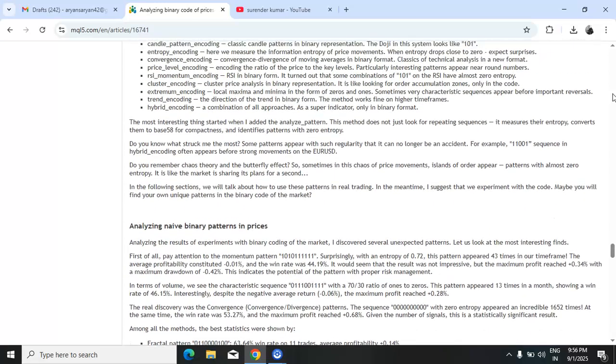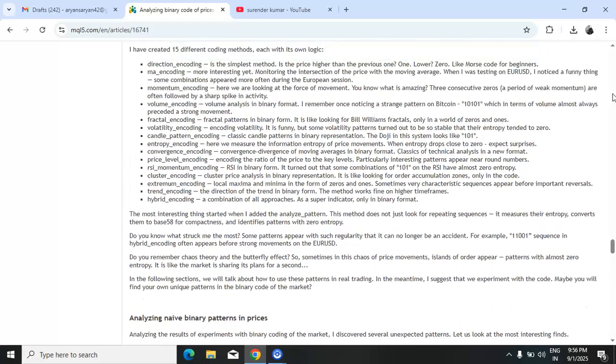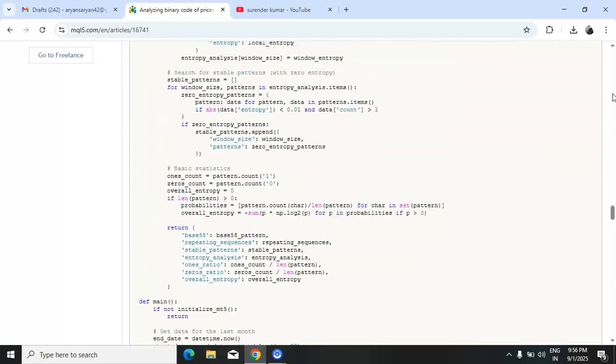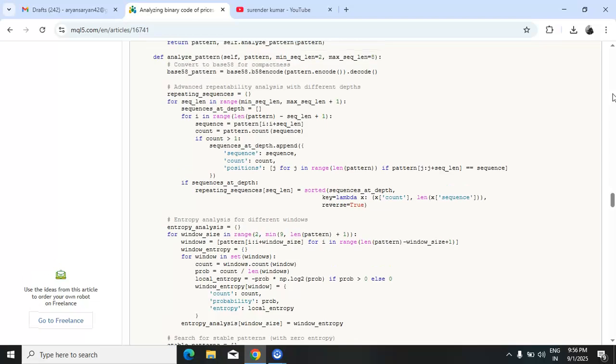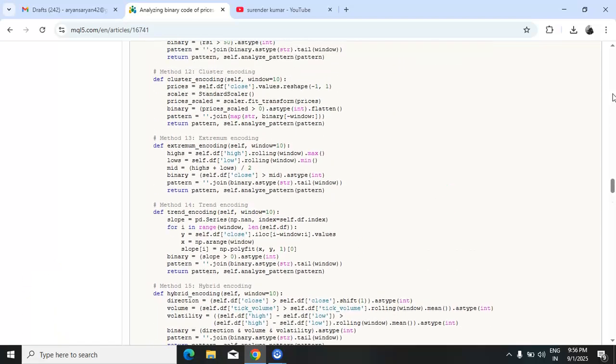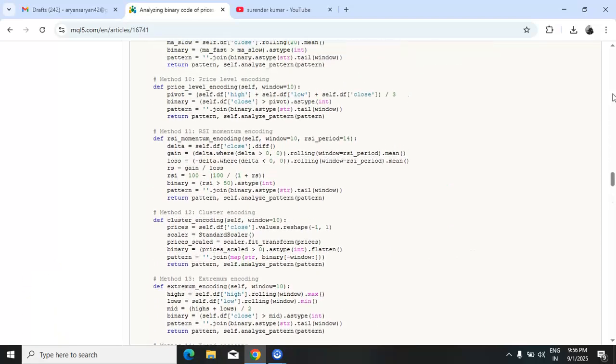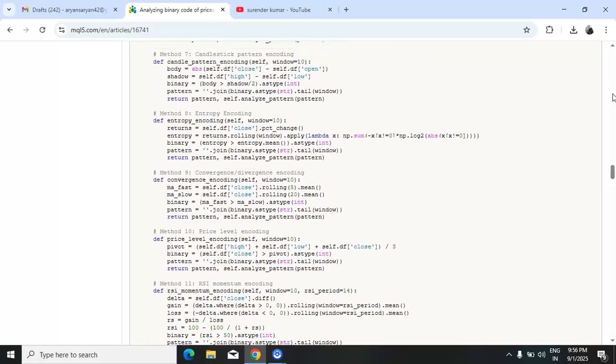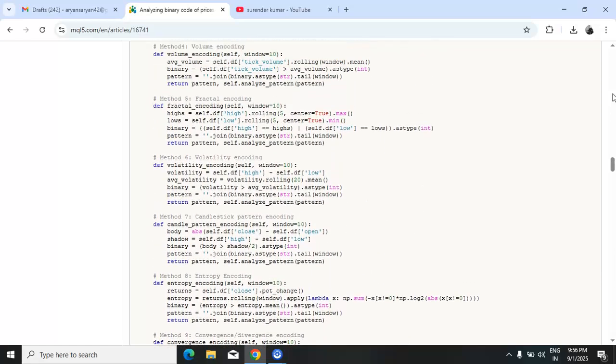Particularly interesting results are obtained when analyzing cryptocurrencies. Bitcoin's volatility creates clear, well-defined patterns in binary representation. Sometimes it seems that these sequences are similar to Morse